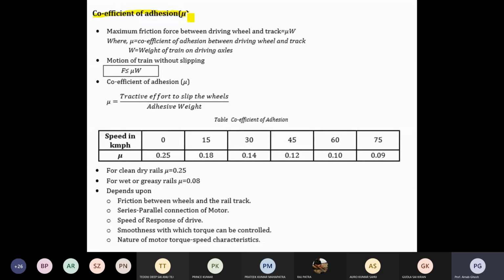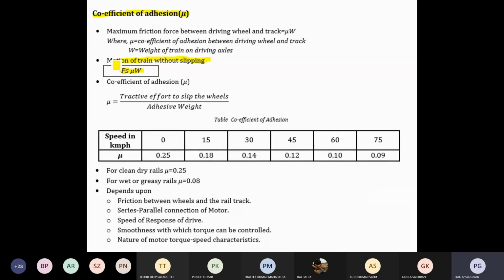So that's the basic concept, okay. If it is greater than mu W, there will be no movement of your chain, okay. Without slipping, otherwise there will be no control. There is a lot of moment of inertia, and you are not able to brake, or you are not able to grip the motor wheel, which is directly connected with your motor.